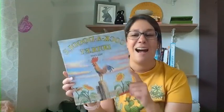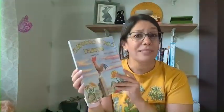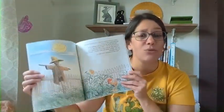I actually snagged 4 or 5 last year at a library sale, and I was really pumped about it. So we're redoing Cockadoodle Dudley. Of course, we're going to have a really cool barnyard theme. I absolutely love his illustrations, so I'm really excited to focus on a whole month of Bill Peet. Every month, a new author illustrator, a new brainstorming activity, a new writing activity, and just new ways